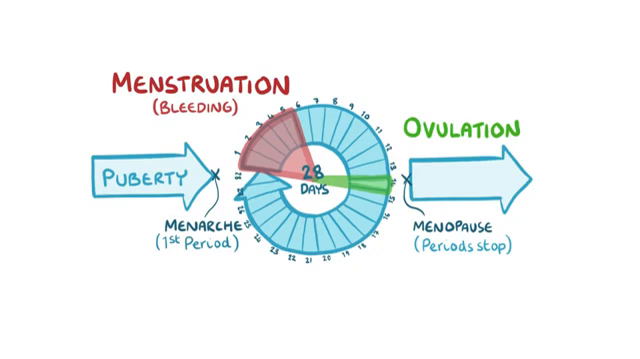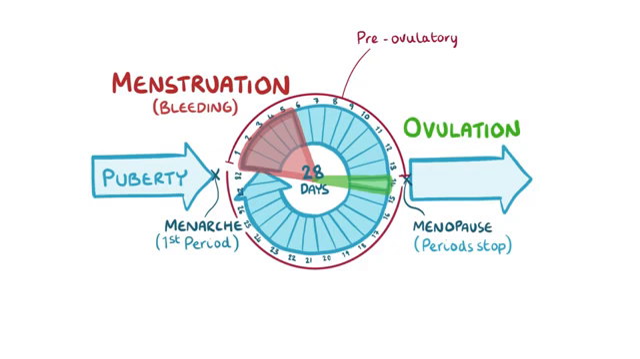So for an average 28-day menstrual cycle, this means that there are usually 14 days leading up to ovulation, in other words, the pre-ovulatory phase, and 14 days following ovulation, i.e. the post-ovulatory phase. During these two phases, the ovaries and the endometrium each undergo their own set of changes, which